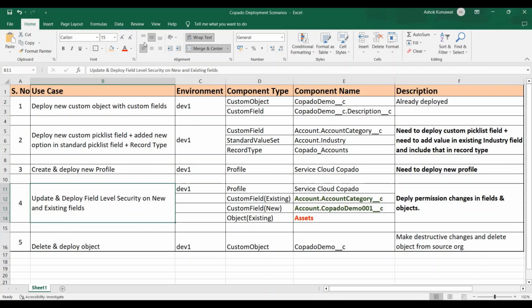And in the fourth use case, we have to deploy field level security on new and existing fields. And for that, I have made changes in the profile. So we will see how to deploy these permissions, and at last we will see how to make destructive changes using COPADO. So we will delete an object and deploy it further. So all these use cases we will cover today, and we will deploy this metadata using COPADO. Okay. So let's start from the second use case, because the first we have already covered in the previous video by deploying a new